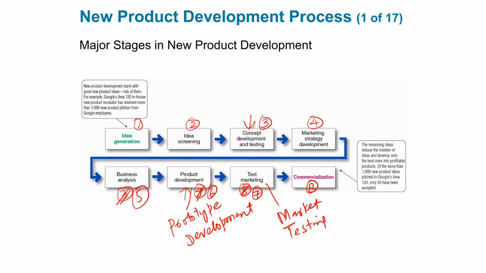Anyway, so we have the first 4 on the top, and then it can be like a straight model like this as well, but since there was a problem when it comes to the space, that's why the slides are prepared in a way to fit in all the 8 stages in one slide. It can be vertical or horizontal, it doesn't matter, as long as your first stage is idea generation and your last stage is commercialization. Okay, let's get into the first stage.